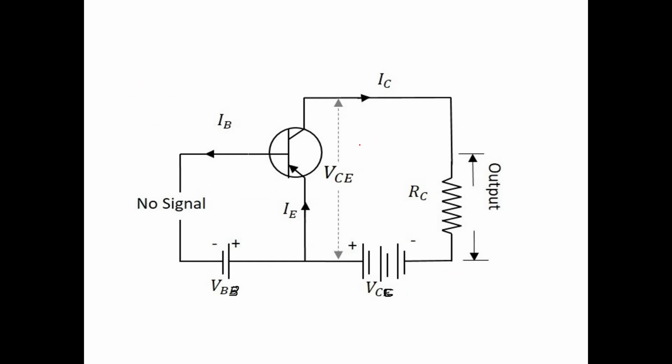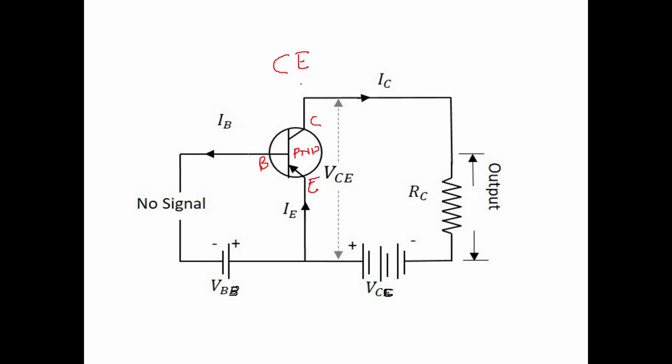Similarly, now we will go to see this circuit. Now in this circuit, you can see this is the base of the transistor, this is the collector of the transistor, and this is the emitter of the transistor. We have shown a PNP transistor here. Now the transistor is connected in which configuration? It is connected in common emitter configuration.